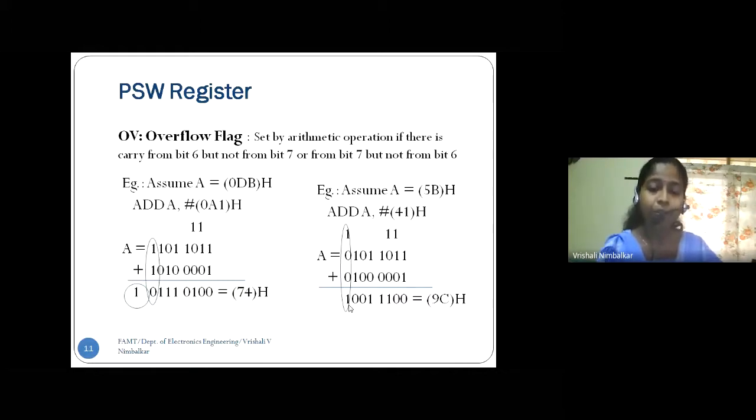Correct? Whatever addition we got, that last one was a part of the magnitude. So there are insufficient bits to represent a magnitude. Are you getting me? So that is called an overflow.